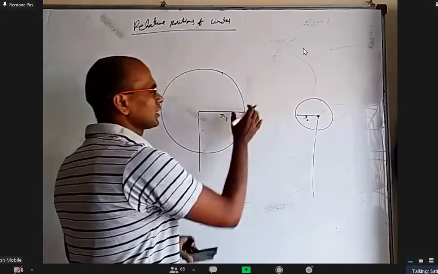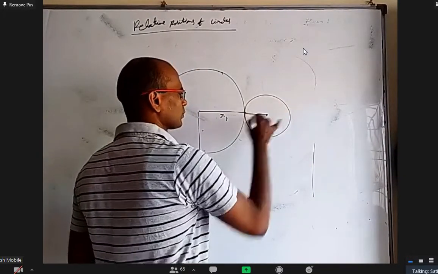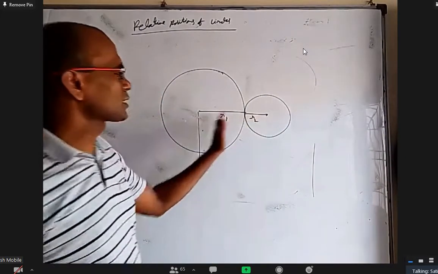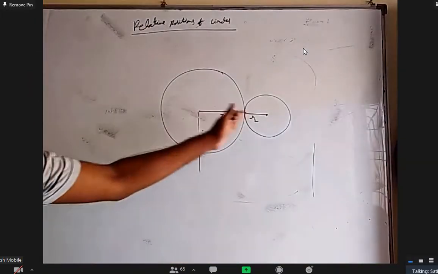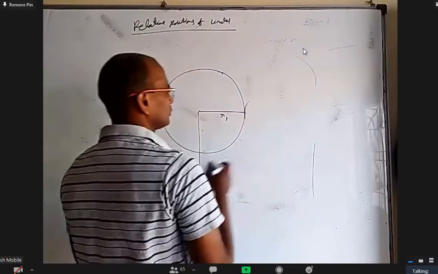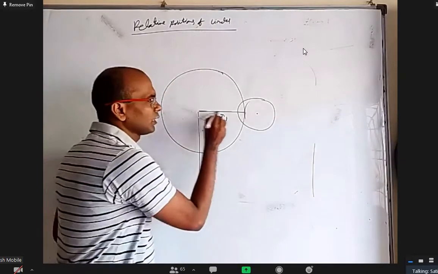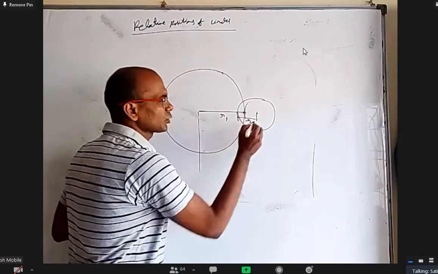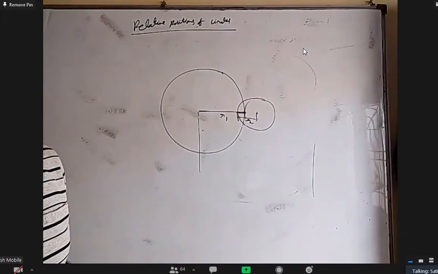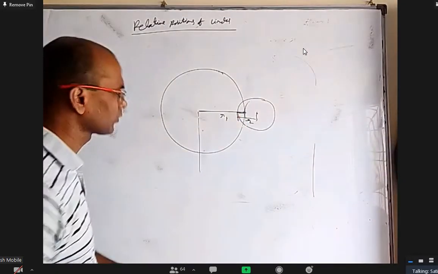Let us say we move the circle a little closer. They are like this, just touching. Equal to R1 plus R2. Then the distance between the centers will be equal to R1 plus R2. Very easy. Move a little bit closer, like this. Then what happens? Up to here is R1 and up to here is R2. There is some overlap here. So D will be R1 plus R2 or less than that? Less than that. Overlap, right?